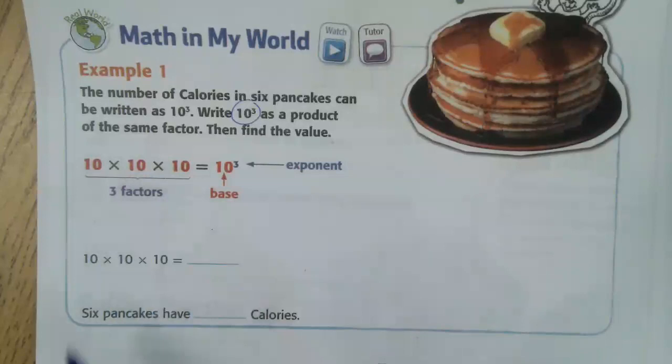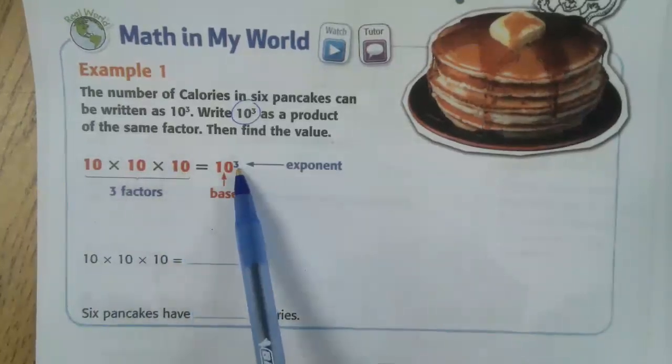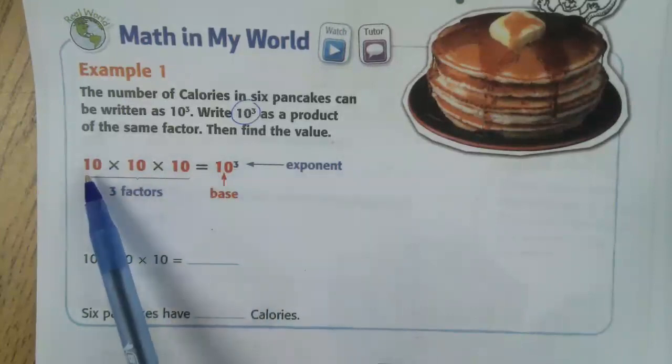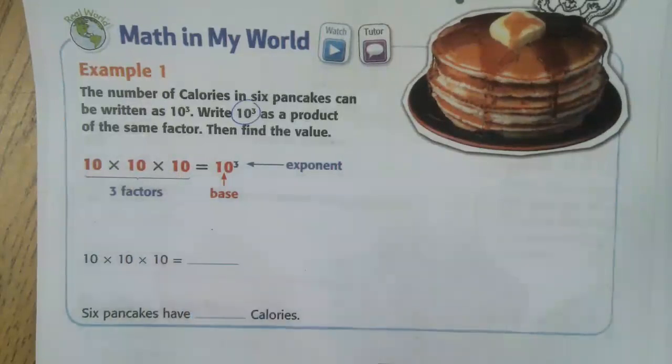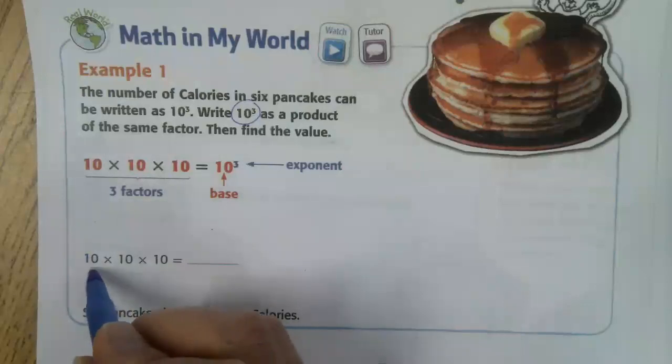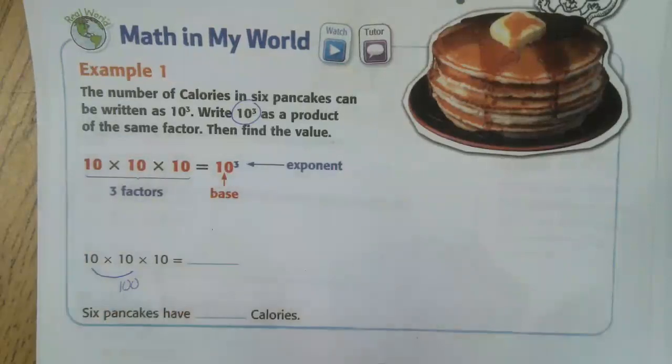And you know how many times to multiply 10 by itself because of this number here, the blue number, which we call your exponent. So in this case, because your exponent is 3, you're going to multiply 10 by itself 3 times, which is not the same thing as 30, as you well know. So if you do 10 times 10 times 10, first of all, I'm going to multiply 10 times 10, which I'm going to get 100. And then if I do 100 times 10,